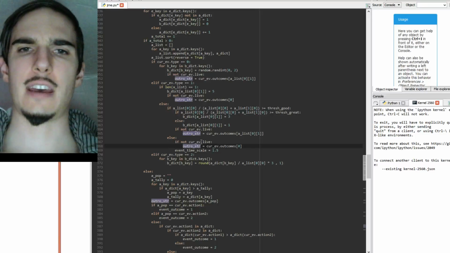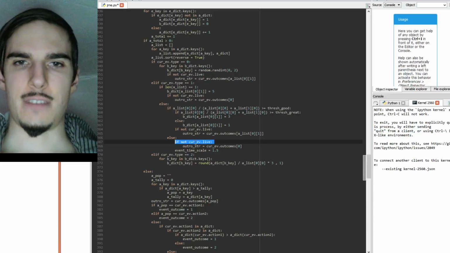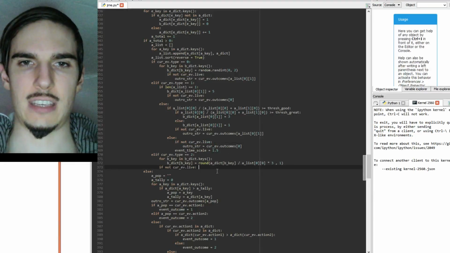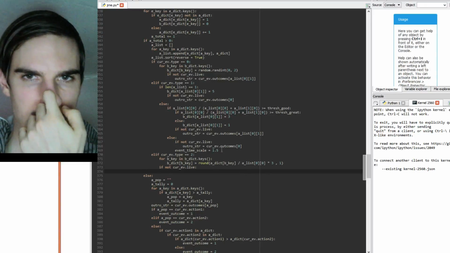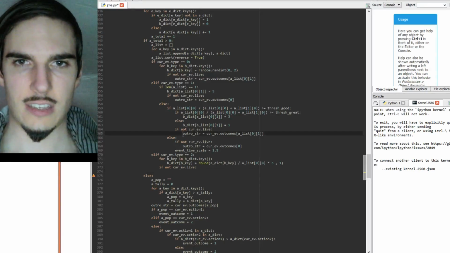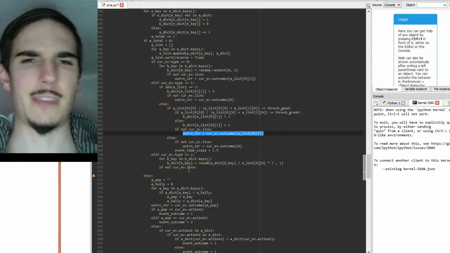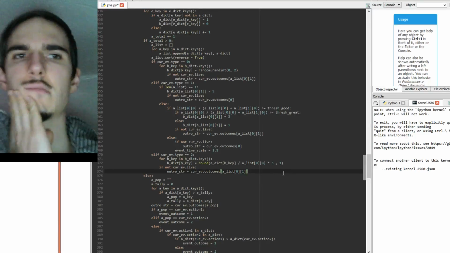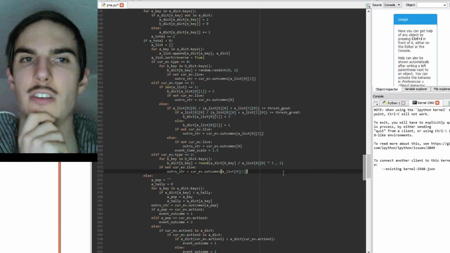So okay, if not cur ev live, yes, this is what we want. Because we want to check here if not cur ev live, and here if not cur ev live, then outro string cur ev outcomes. So is it possible to fail? It might not be possible to fail in this outcome. This might be akin to outcome 0,